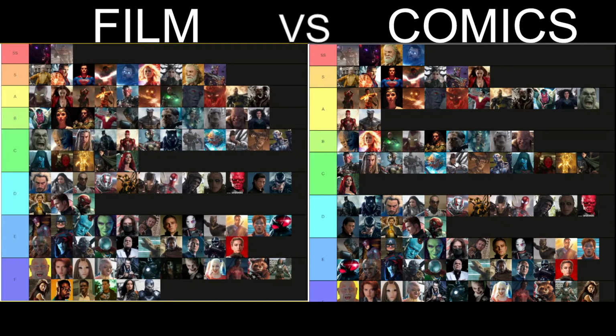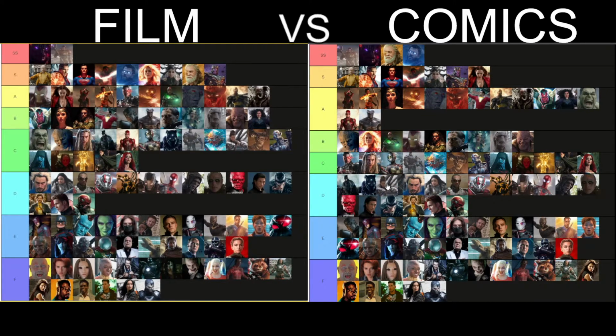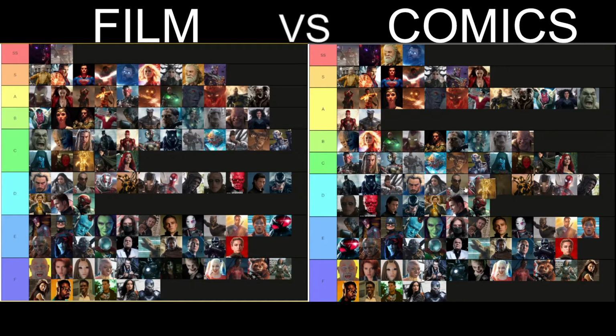Shuri is, I think, the same level as Black Panther. She has all the resources that he has, plus she builds all the suits. She is a Black Panther in the comics as well in certain versions, so I think it's fair to say that she should be there. This burning fiery thing, I haven't really read about this guy in the comics, but I'm gonna put him in the same level as Batman and Black Panther because I believe he has weaknesses in terms of just knowing the right enchantments to get rid of him. So yeah, he can be defeated in certain ways.